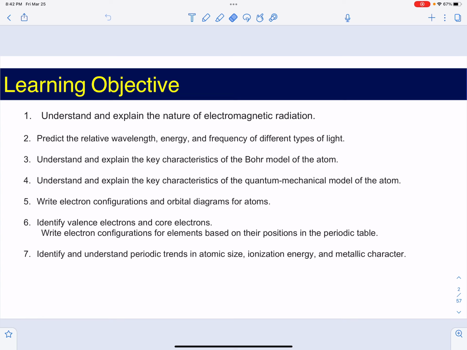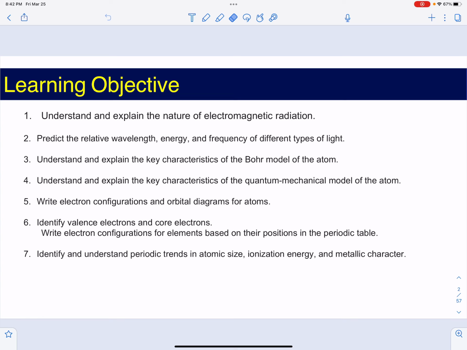Understand and explain the nature of electromagnetic radiation, predict the relative wavelength, energy, and frequency of different types of light, understand and explain the key characteristics of the Bohr's model of the atom, understand and explain the key characteristics of the quantum mechanical model of the atom. Once we do that, then we are going to be able to write electron configurations and orbital diagrams for the atoms, which basically tell us how to organize the electrons,